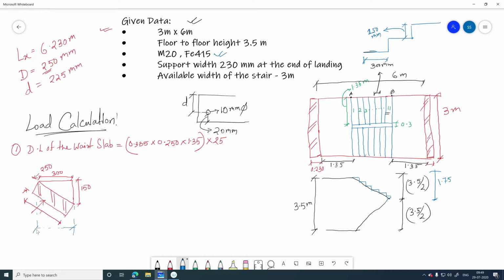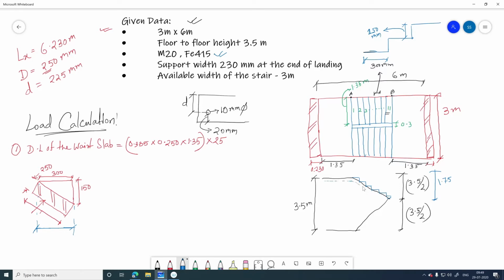For this particular distance, this is a very important thing. In the books you don't find this thing. Look, this particular dead load is for this 0.3 meter horizontal distance, because look here, if you consider